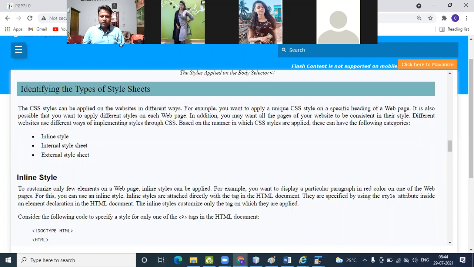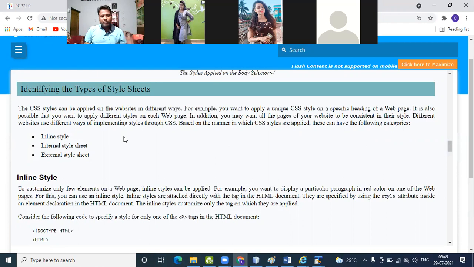Inline, we style a particular tag. Internal, we style all the tags of a specific kind that appear again and again in a particular web page. So if the heading h1 appears many times in the particular web page, and I define the h1 color and h1 font style, it appears in the same way.